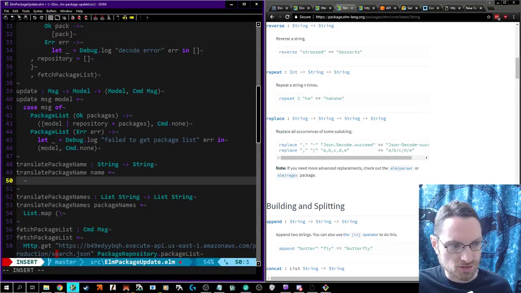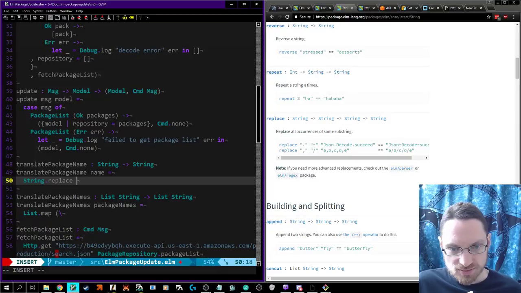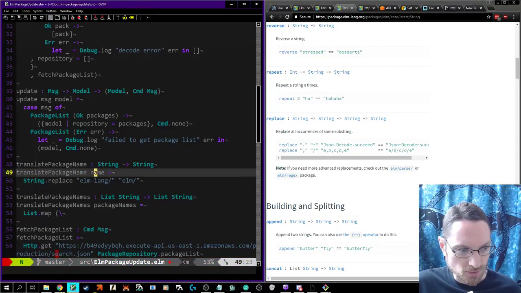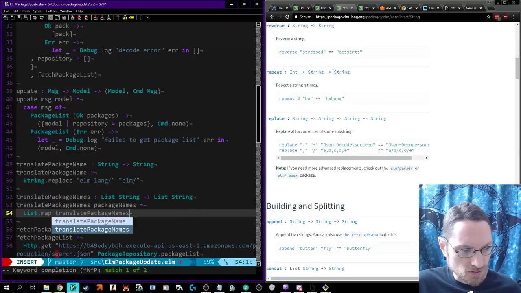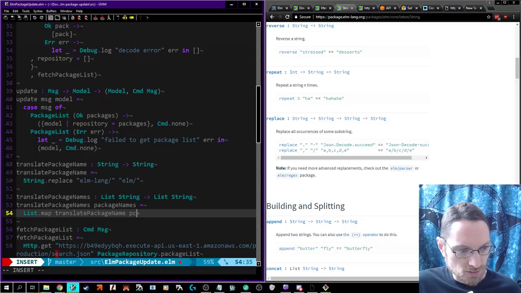Which is, okay, so actually, I mean, it's probably still good to wrap up. Replace Elmlang. Let's try to narrow that down a little bit more. Oops. Don't have single quotes here. With Elm. In Elm, you can actually go point free. This dot translate package name in